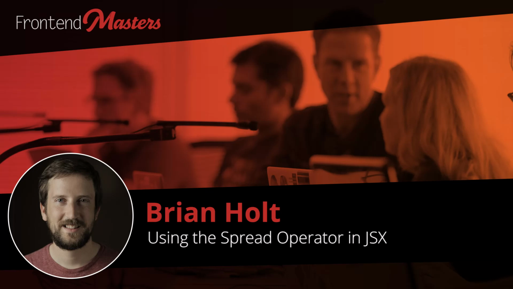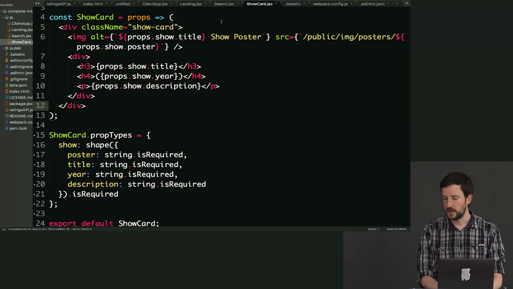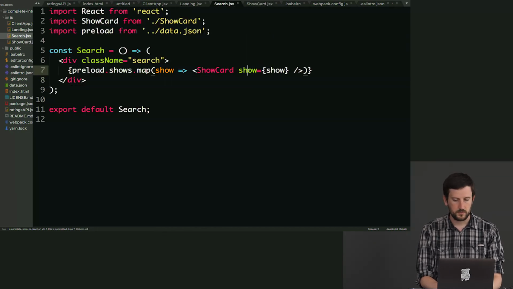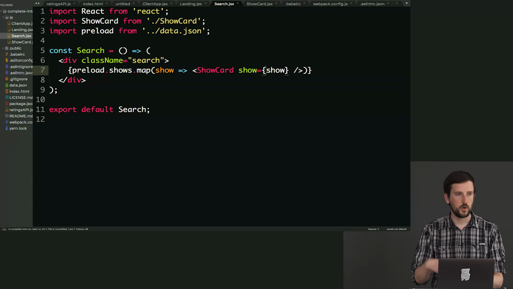So I want to show you something. I have it here in my notes. But ultimately, I think this is an anti-pattern, so we're going to leave it the way it is. Well, up to you. So if we go back to search, notice how we're passing in show as one entire